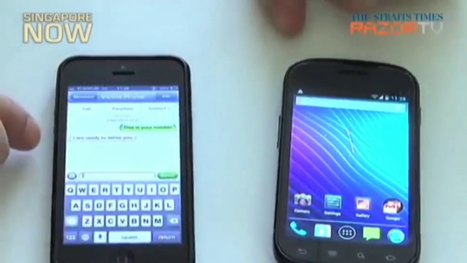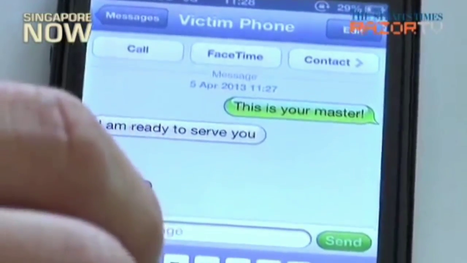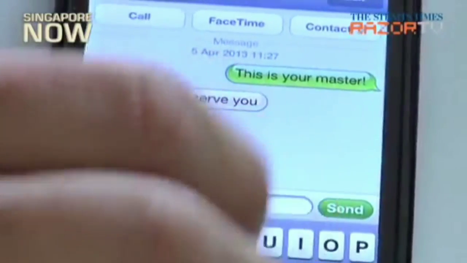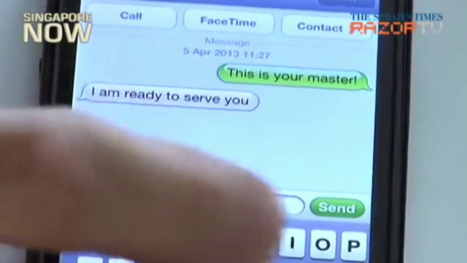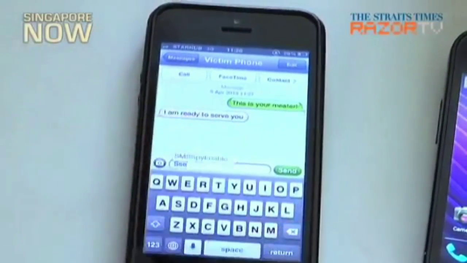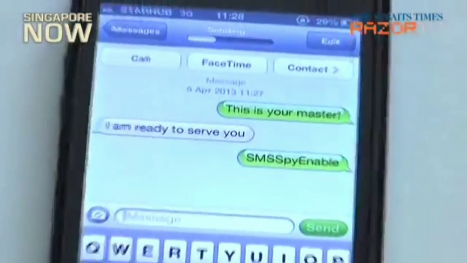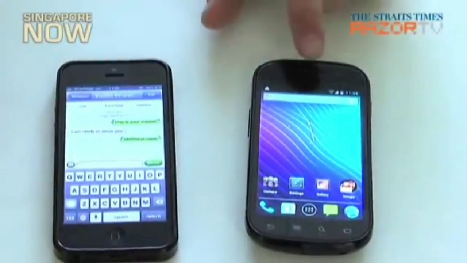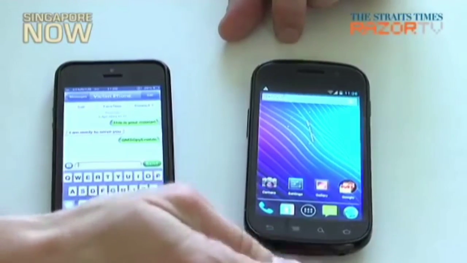So now that we know we have control over that device, we can send other commands. So, for example, we could send, if I could type upside down effectively, "SMS spy enable." So send that command to the device. Again, no notification. If you look in the notifications, no notification that a message is received. But now any incoming text message to this device will be intercepted, stored in a text file in local storage